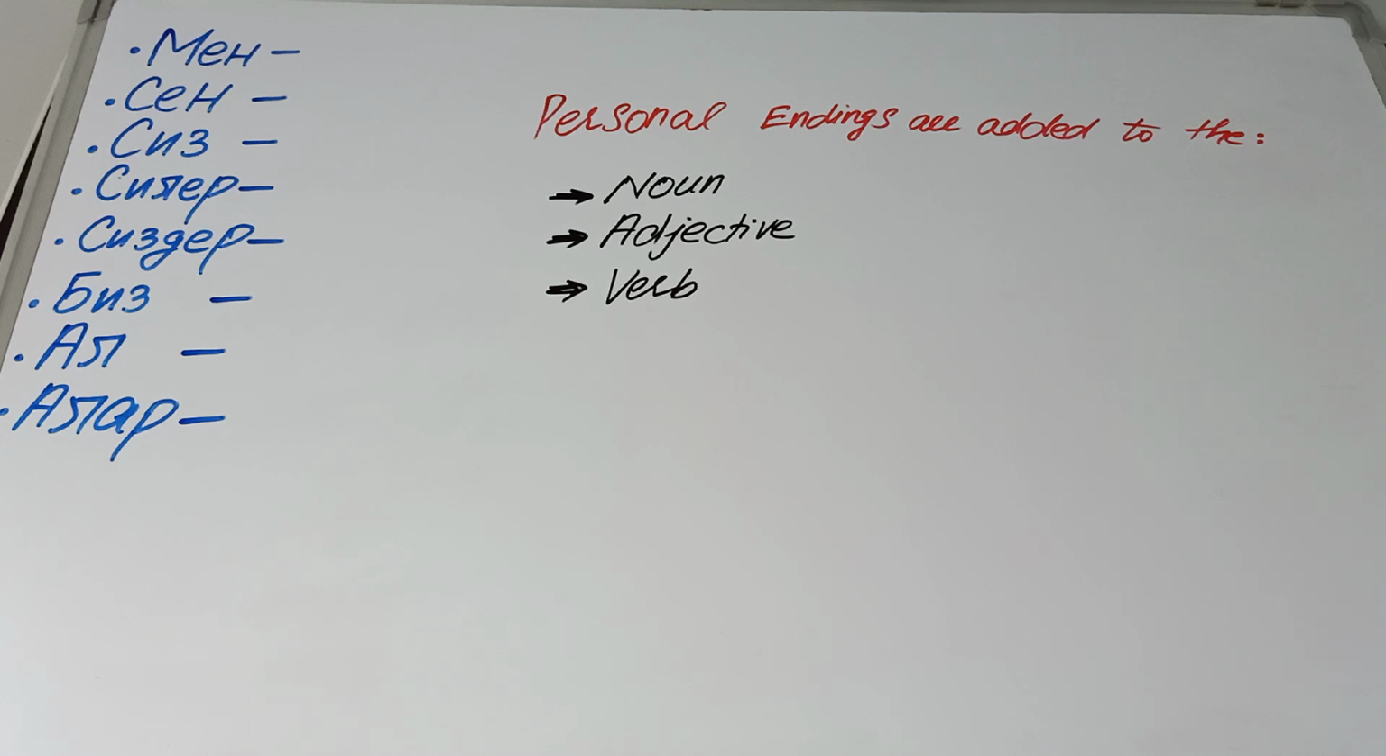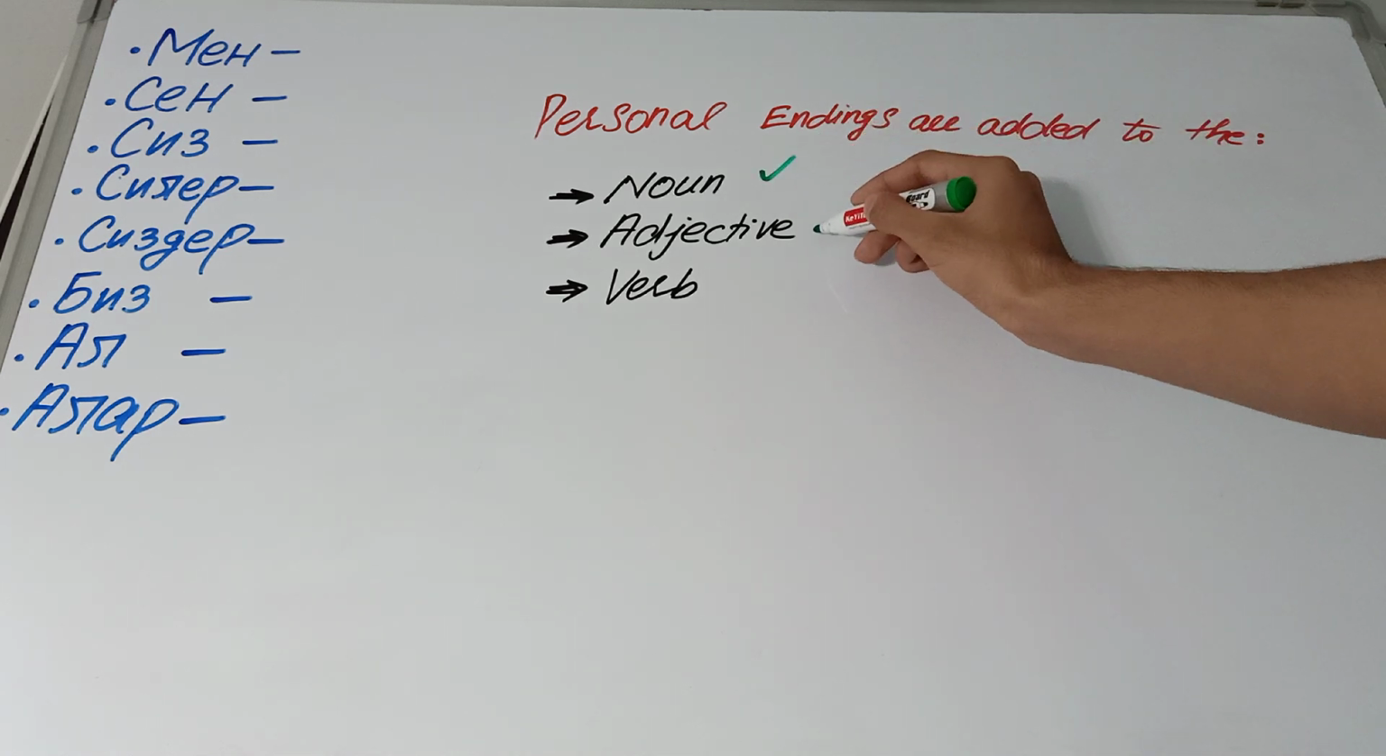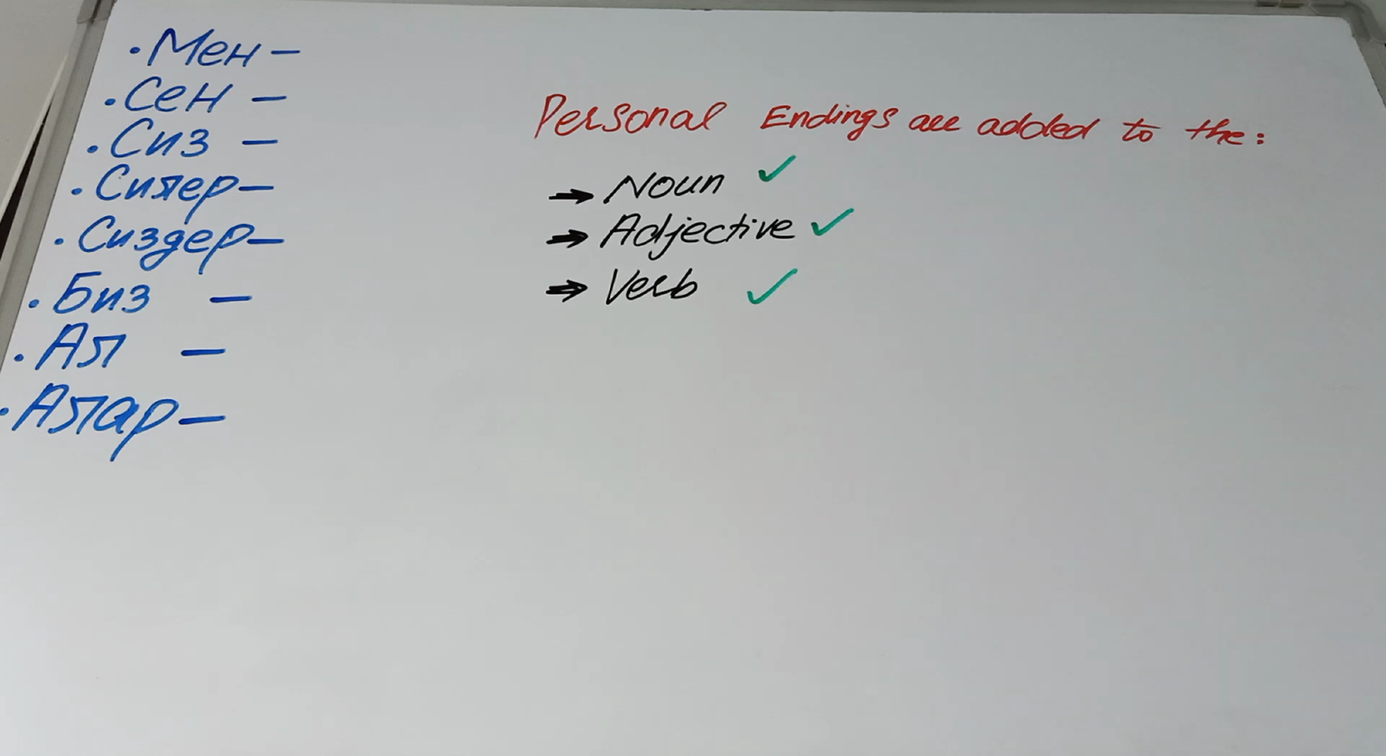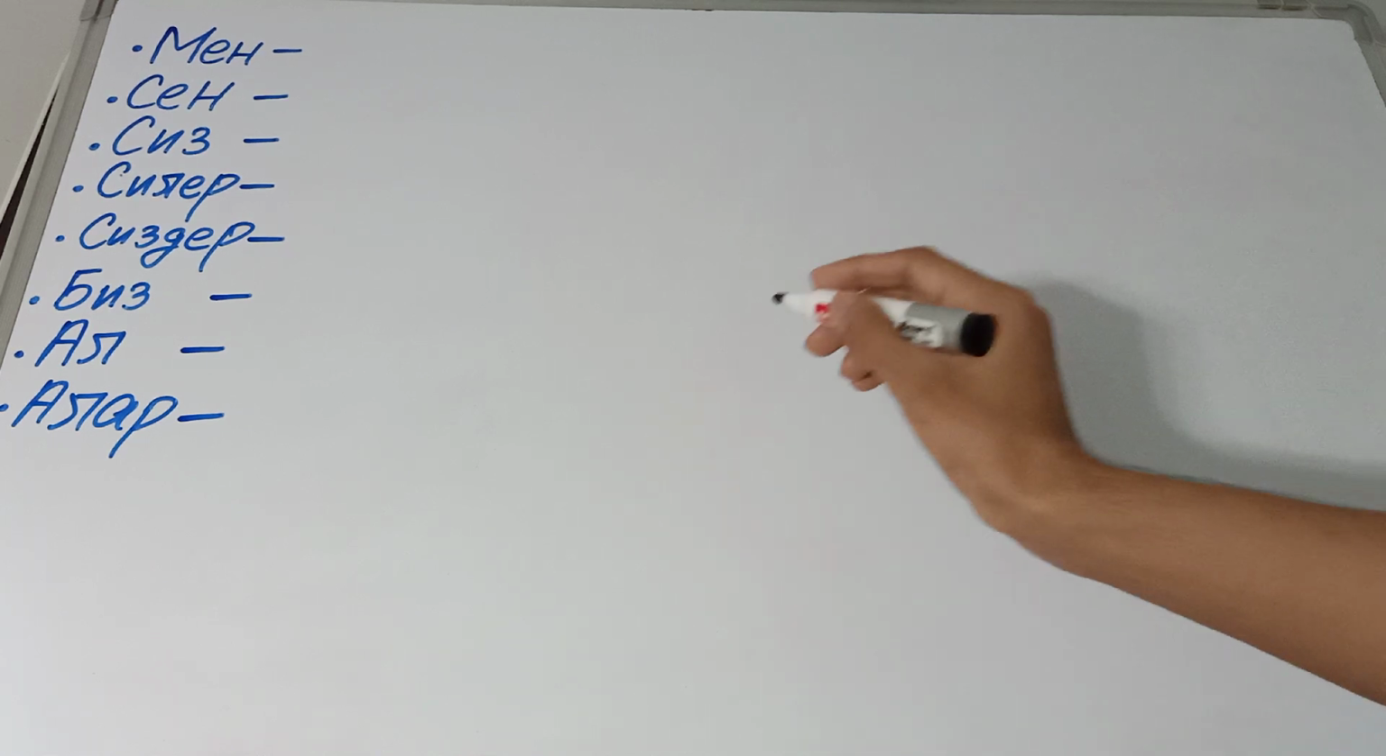So first of all, let me tell you that the personal endings are added to the noun, adjective and the verb. Now let's talk about some examples of every personal pronoun with their personal endings. For example, we have a sentence: